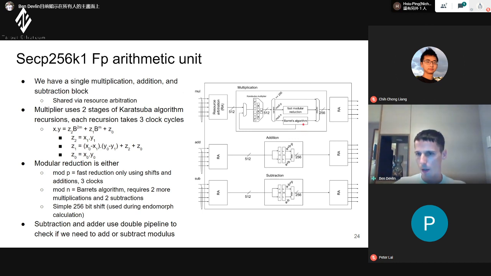So we made a block that does Barrett's on the FPGA, and this is just like a multiplexer on the FPGA. The reason we didn't do Montgomery is because Montgomery also requires 2 multiplications, and we already have this multiplier, so it just made it simpler to keep it without having to do the Montgomery conversion. And then this is the adder.